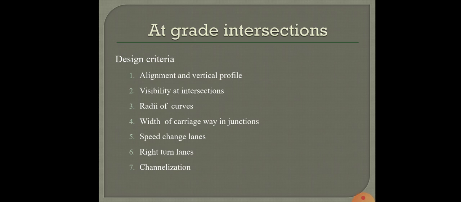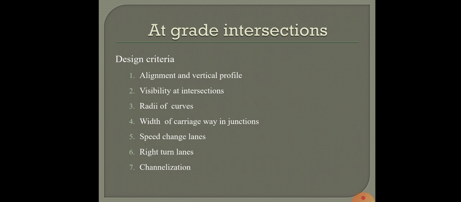So here, as you see, whenever I told you about the conflict area, there are so many hazards as well as conflicts involved at the intersection point. So the alignment and the vertical profile of the intersecting road should permit the drivers to safely discern this particular danger and to maneuver easily. So that is how the alignment should be. It should be in such a way that the hazards are eliminated.